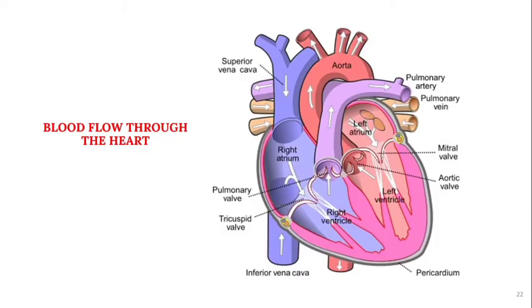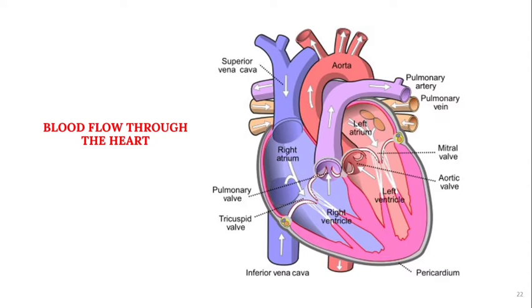So in this picture, we can see the blood flow through the heart. The deoxygenated blood enters through the superior vena cava and the inferior vena cava. So it goes through the right atrium and passes through the tricuspid valve into the right ventricle. From the right ventricle, it passes through the pulmonary valve into the pulmonary artery and goes to the lungs